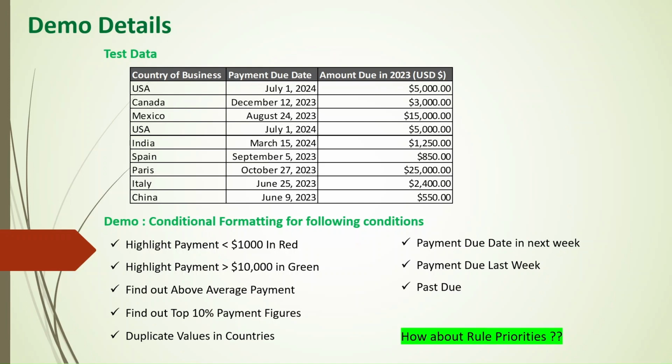Given that, we have to format this data in a manner where we find out what the payments are. In this demo, we'll find out the payments that are less than $1,000. We'll highlight in a color the payments which are greater than $10,000. We'll find out above average payments and top 10% payment figures. We'll find out duplicate values. We'll also do